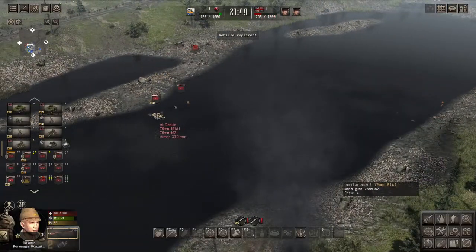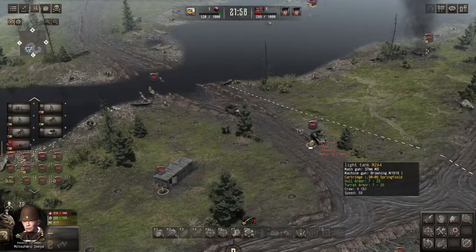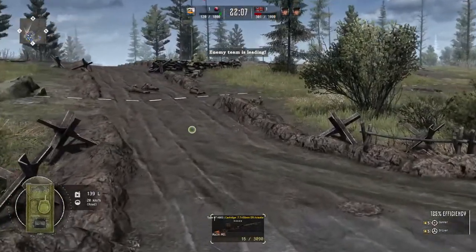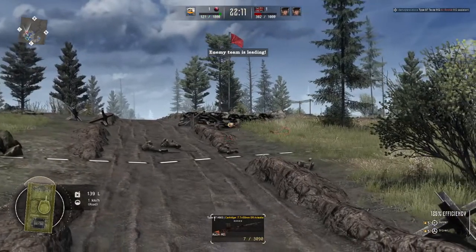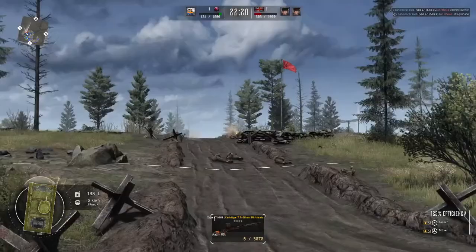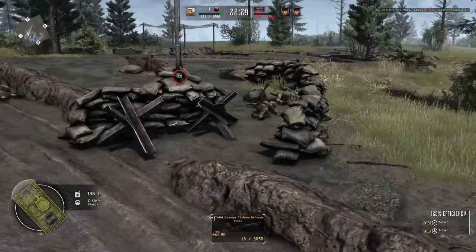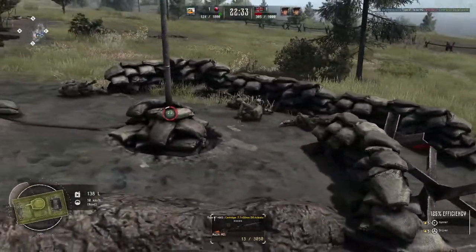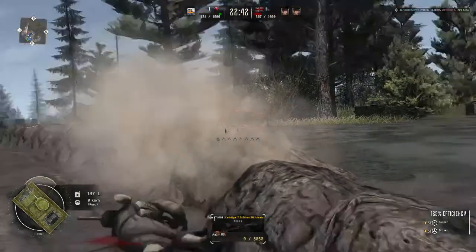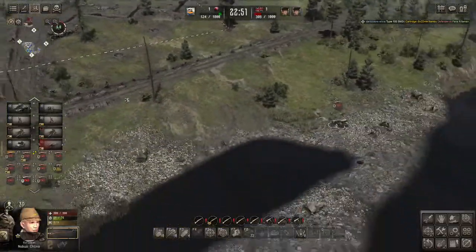Also, can you grab that 75 mil while we still have the ability to? Okay, somewhere up here is a... I was gonna say, somewhere up here is a mortar, and I am currently trying to find it. Get into your trenches. The mortar stopped shooting, so...